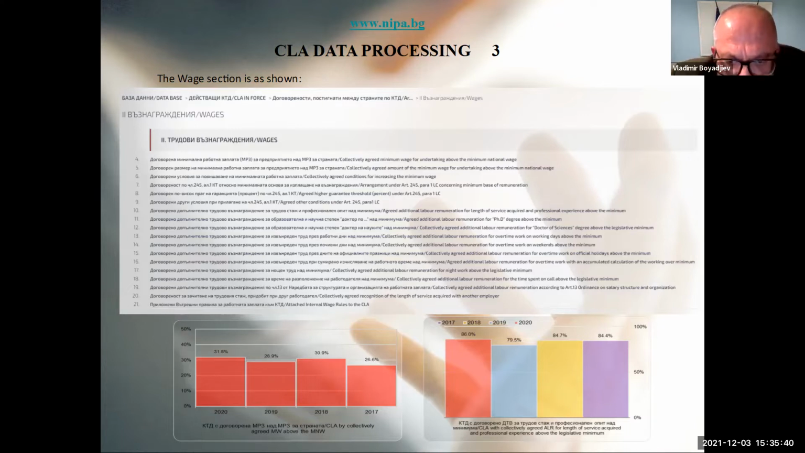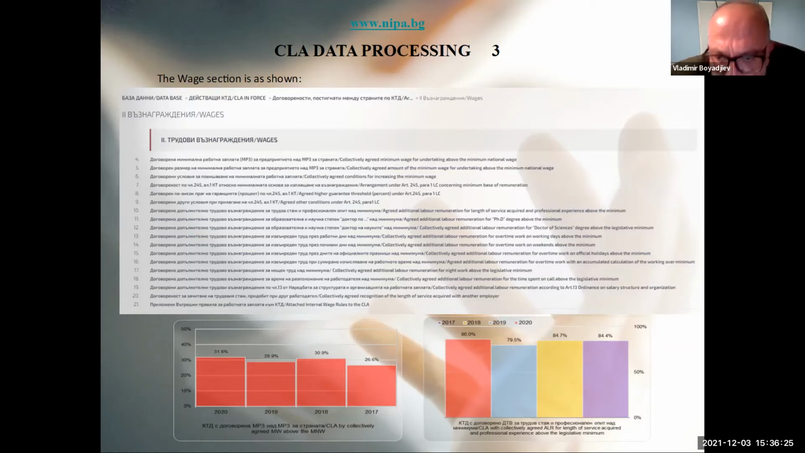And you can see for 4 years the trend in this graph that almost 32% of collective bargaining agreements agreed to have in the enterprise, in the company, a minimum wage above the national minimum wage. And for almost 68% of collective labor agreements, there is no provision about minimum wage above the national, or the agreement is to keep the national level of minimum wage